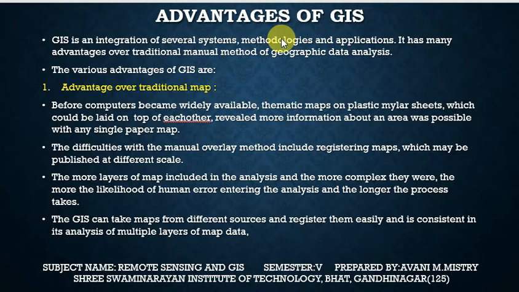The GIS can take maps from different sources and register them easily and is consistent in its analysis of the multiple layers of the map data. That means if you want to arrange a map into multiple layers, you can do it using GIS. Okay,